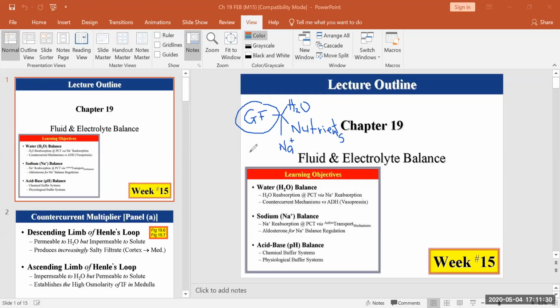So once you pass the filtration process, all of this now finds itself in the renal filtrate. Right? And this renal filtrate will leave